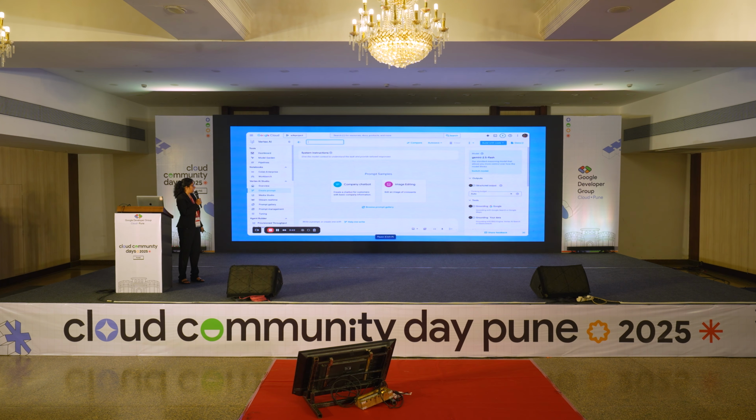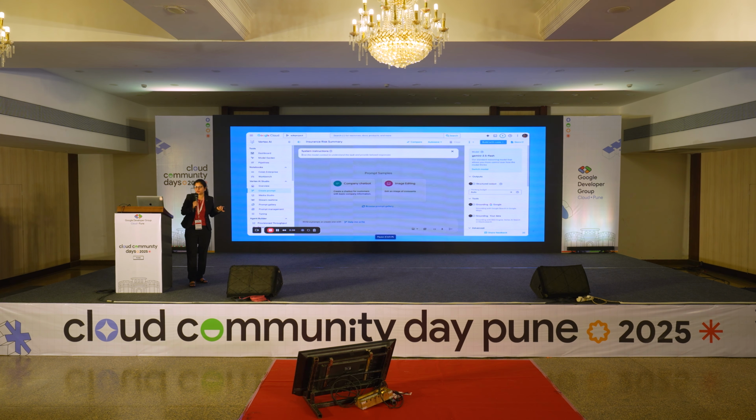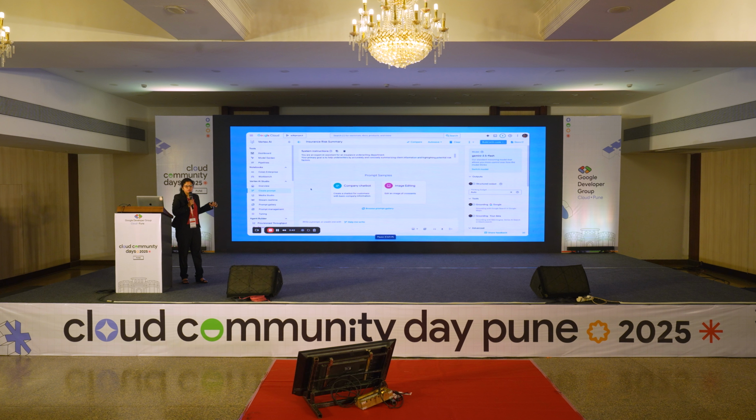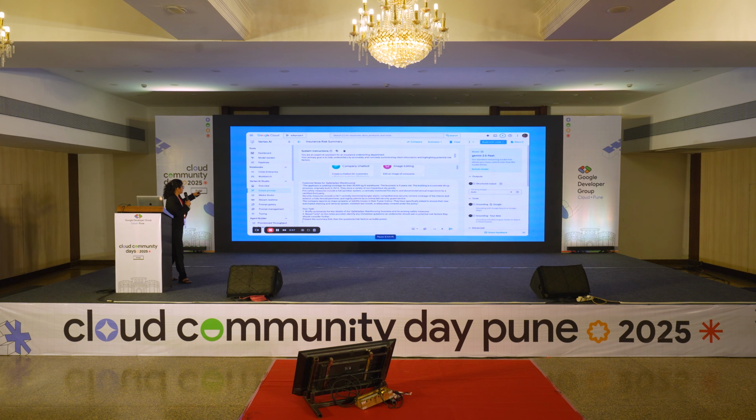There we have a Gemini 2.5 model, so we can switch the model from there. We can switch to another Gemini model, and we can use third-party models as well as any open source model, like Llama or anything. Here I have given the system instructions, and here I have given the prompt.